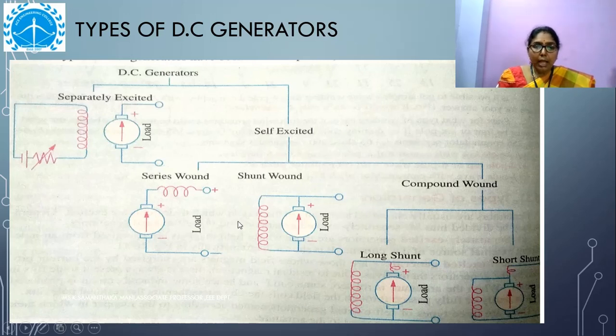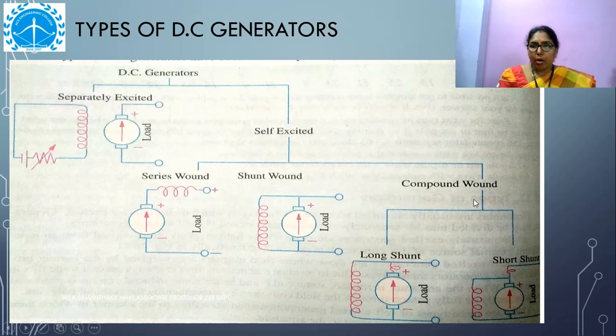Now there is one more difference between the series and shunt field windings. If we observe the diagram, the series field winding is made with a thick wire, meaning a large cross section, and one or two turns. But the shunt field winding is made with a thin wire, meaning a very small cross-sectional area, and has a larger number of turns. So these are the series field winding and shunt field winding, and this is how they are connected to the generators. They are classified into the series wound generator and the shunt wound generator.